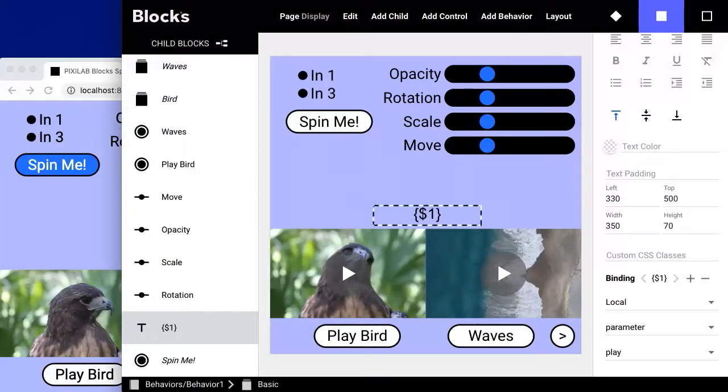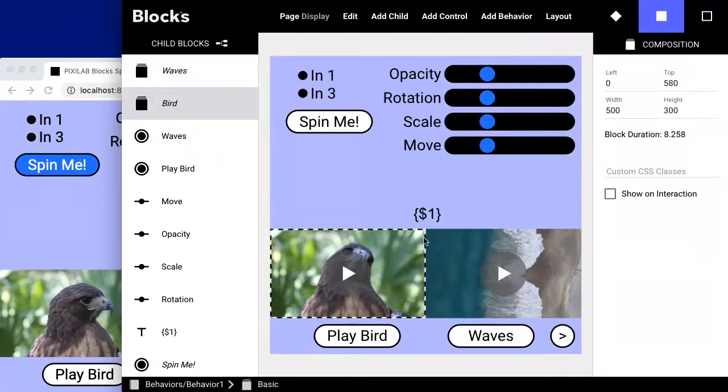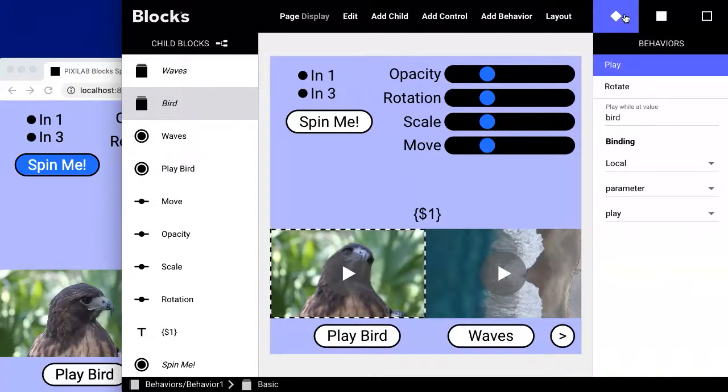Then we pick up that parameter in the playback behavior that is attached to the composition that contains the bird here and the one that contains the waves. So if we look at their behaviors, you can see we still have the rotation behavior of the bird that we added earlier,